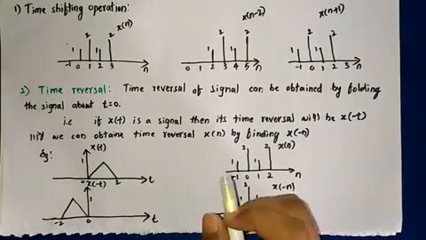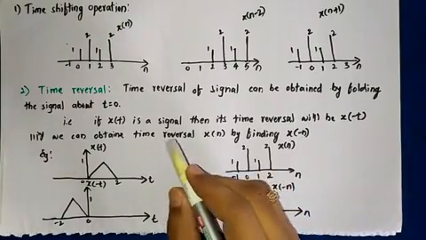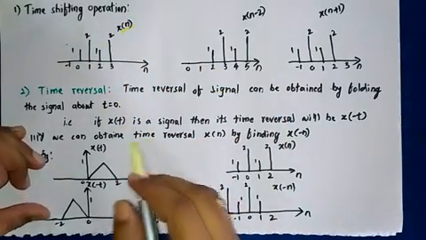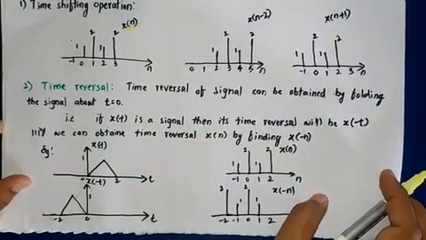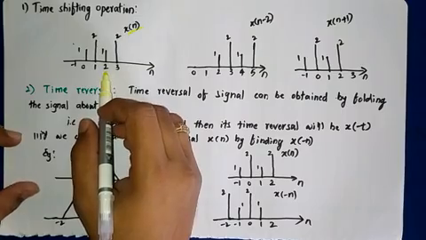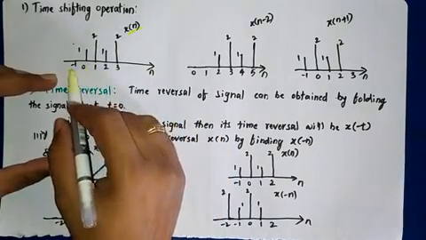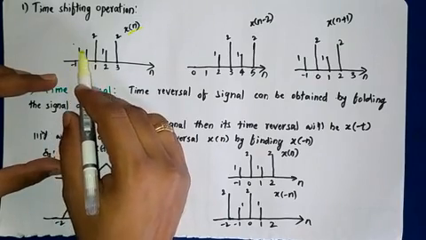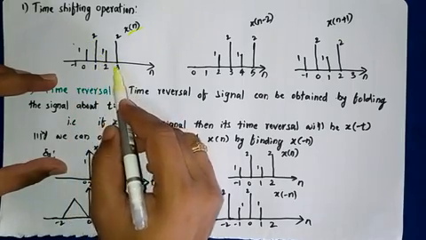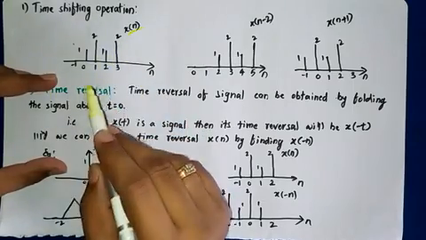Okay, in continuation, time shifting operation on discrete time signal x of n. So here is an example. You can see here this is x of n given, with the varied values of n. At -1 it is nothing, at 0 I have 1, at 1 it is 2, at 2 it is 1, and at 3 it is 2. These are the amplitudes of x of n. So this x of n is given.